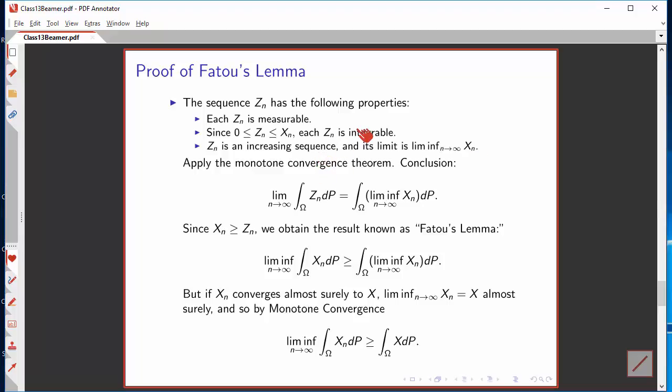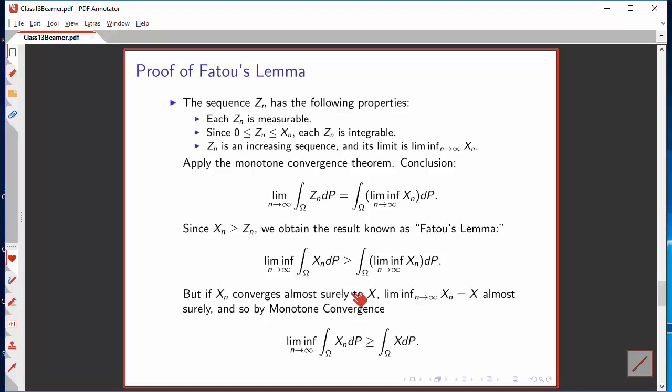So we've got an increasing sequence of integrable random variables. They're all measurable. Apply the monotone convergence theorem, and we conclude that the limit of the expectation of z sub n has to be the expectation of the limit, the expectation of the lim inf of x sub n. But z sub n is always less than or equal to x sub n, so I can turn this into an inequality by replacing z by x. And finally, I can say, in the case we're interested in,